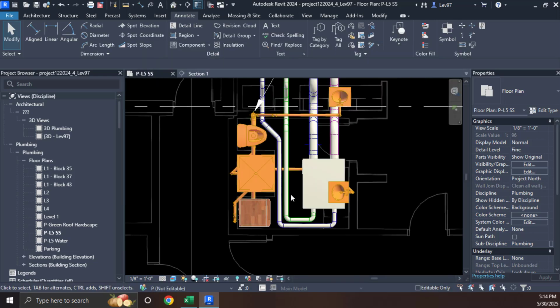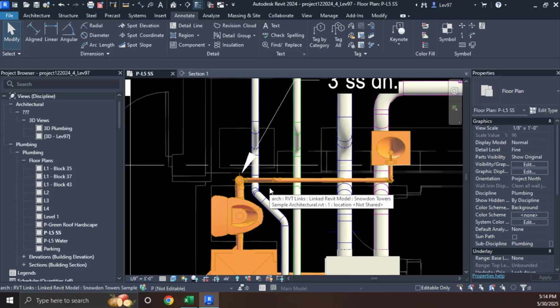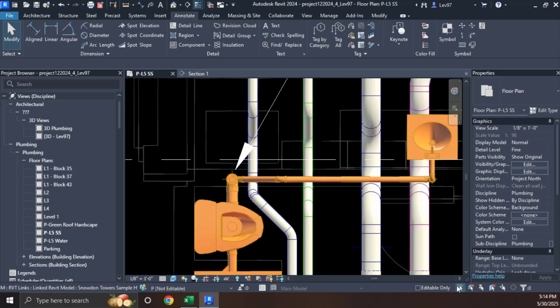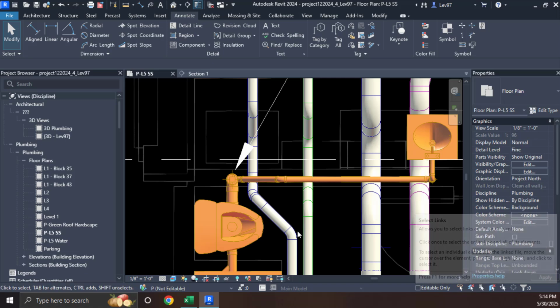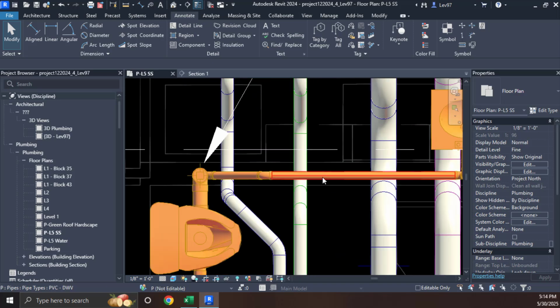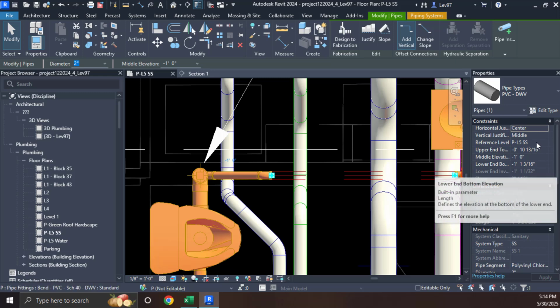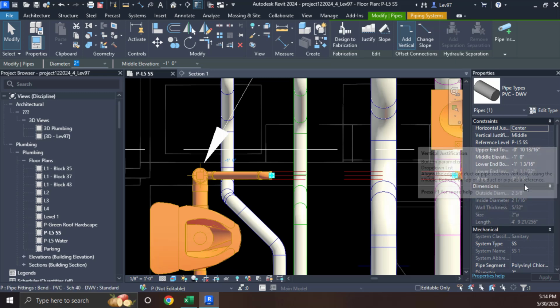I see. Okay. So maybe there are some conflicts here. So this is what we can do. Make sure this link is unchecked, because I want to select the link to see where, if I'm lazy, I know that this is on the 5th floor, and when you click on your objects, this is the linked model. I'm talking about your object,